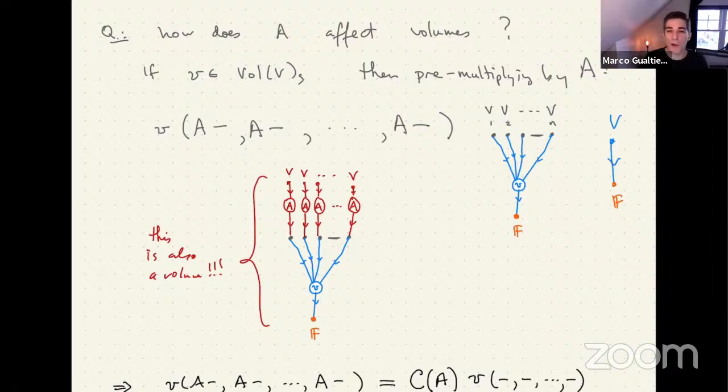And then the way that the operator acts on the dual space here by the dual operator is exactly this. We pre-multiply by the operator. It's just that now, because there are n inputs, we need to do it n times. We need to put n copies of it. So this is just a slight generalization of the dual space. So you're right about that.